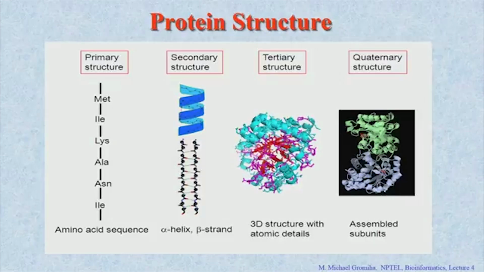Here you can see the arrangement of these residues. The primary structure is just the amino acid sequence, and then how these residues are arranged will give you the next level of information. This is why it is called the secondary structure. Here, if you see, they form a helical shape, like a spiral shape. This is why they call this a helix,